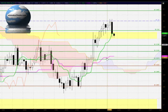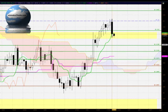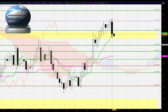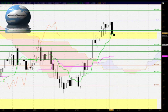But interestingly, looking at that Kijun-sen, it has turned flat, and price action has been attracted back towards there. So there is a possibility that we could see this market trend back down and trade down through this yellow zone. Technically, the market has closed just at the Tenkan-sen, the green line here, and that is significant. It tells us that we don't have any clear direction in that short-term time frame, that the market is neutral in that short-term time frame,